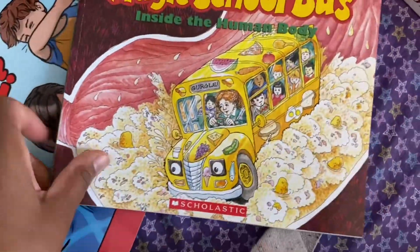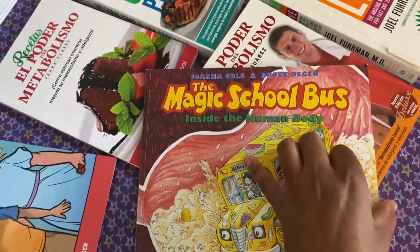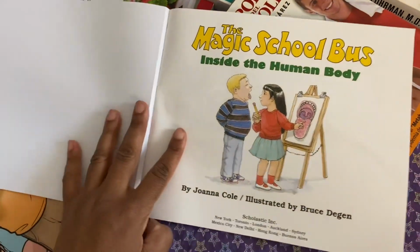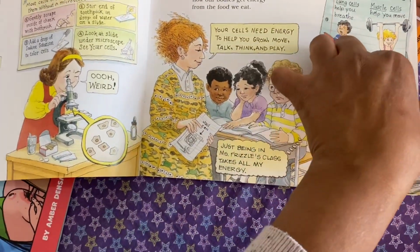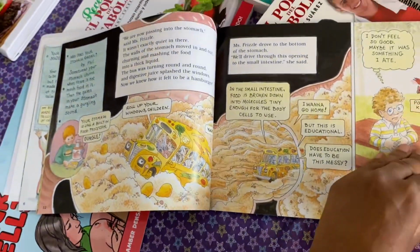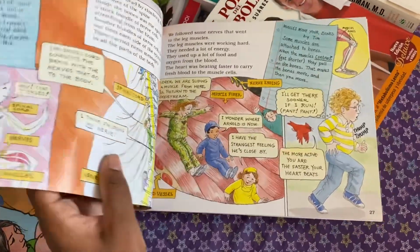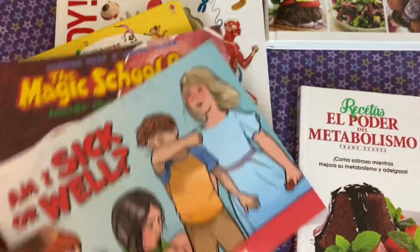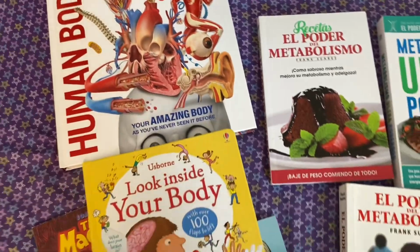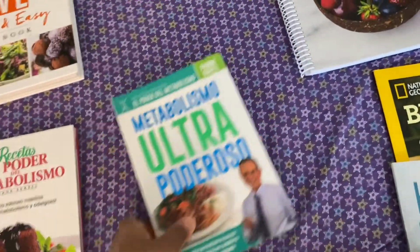So inside the human body, this is from the Magic School Bus series, which they love. Okay, so that's going to be the main component for the human body, the human body or anatomy unit study. And then for nutrition,